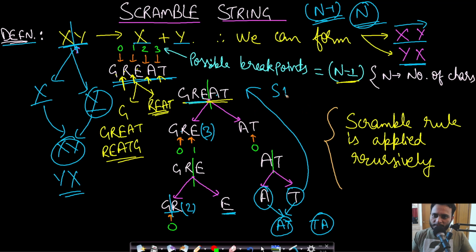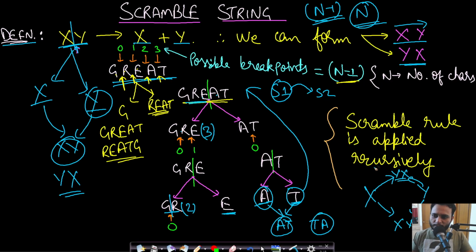So if we are given string s1 and we want to convert it to string s2 by this scramble algorithm, then we will partition at all possible partition points until we reach the leaf nodes, which are of length 1, which is just a single character, and then we will keep building up the order. We will have 2 possible buildings, like if we are given strings x and y, then we can merge them into xy or we can merge them into yx. Okay, so we will have to try both these possibilities.